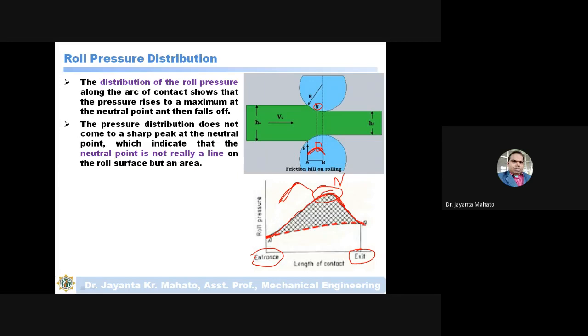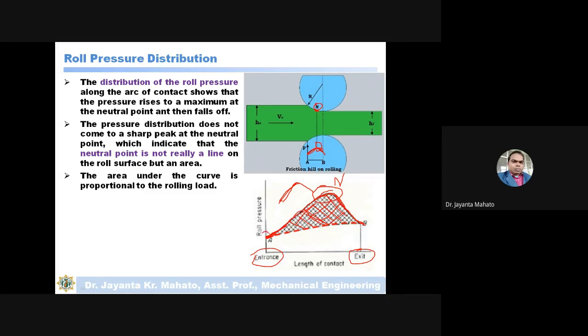this neutral point is considered not a point. This is actually an area. So it is considered as an area, not a single point. Really, it is not a line or point. It is considered as an area. And if you calculate this shaded area, just integrating this curve,